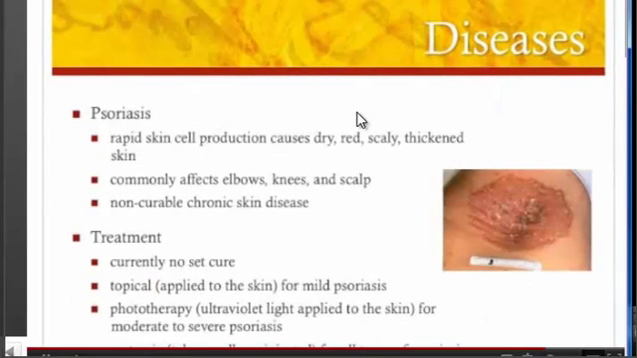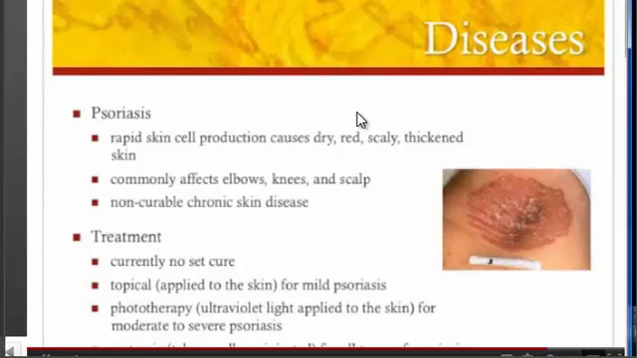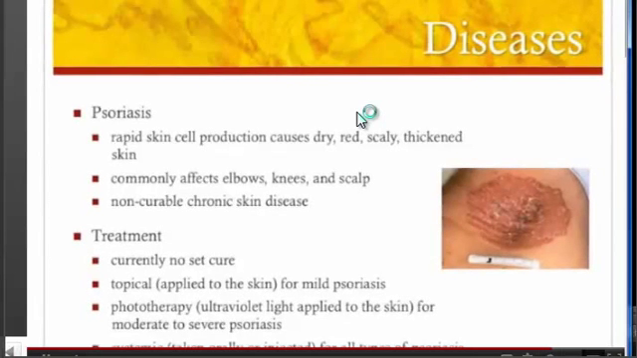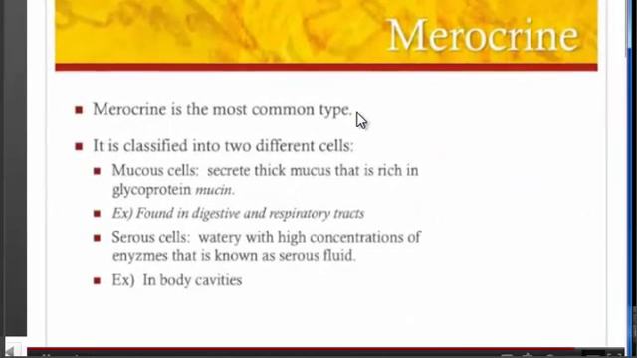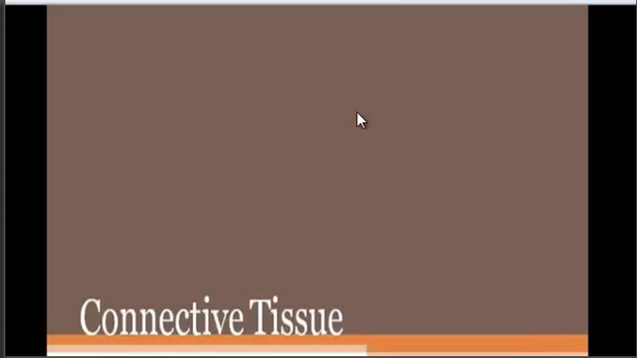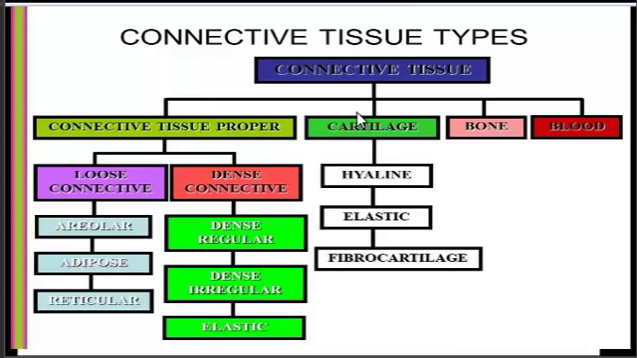Another disease associated with the skin is psoriasis. Rapid skin cell production causes dry, red, scaly, thickened skin and commonly affects all areas of the body. Merocrine glands are the most common of the glandular types, and these are going to release through a duct through exocytosis. As we look at connective tissue, this branching diagram illustrates for us the breakdown, and the connective tissue proper